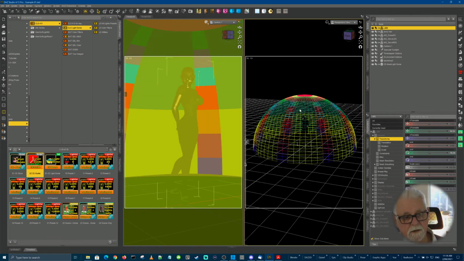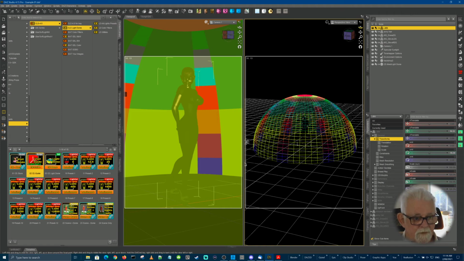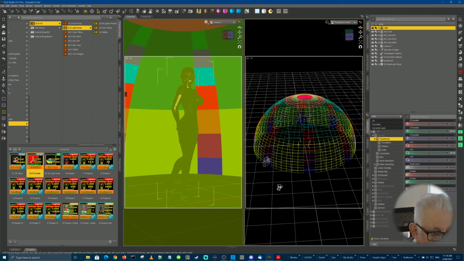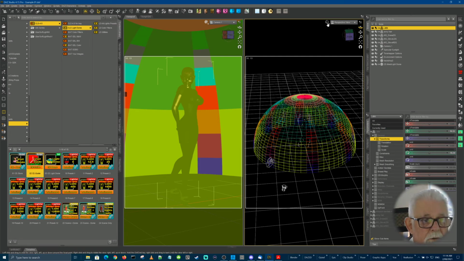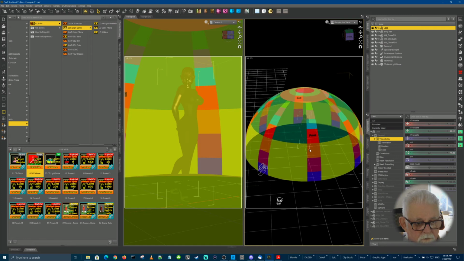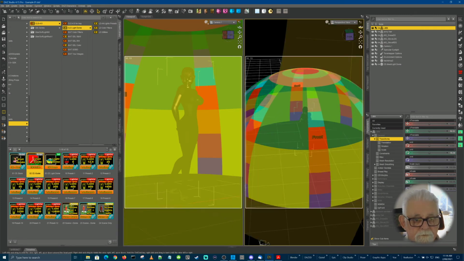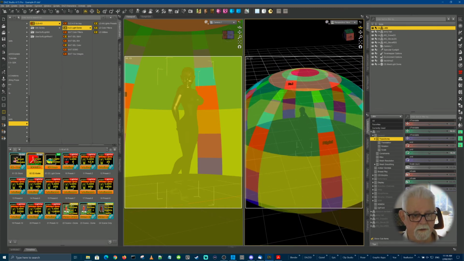You can see here all the different colors of the lights. And if I go into texture shaded mode, you will see that for the main ones, he's actually got them labeled. So you've got front, and that front is front looking at the character through the camera. There's right,